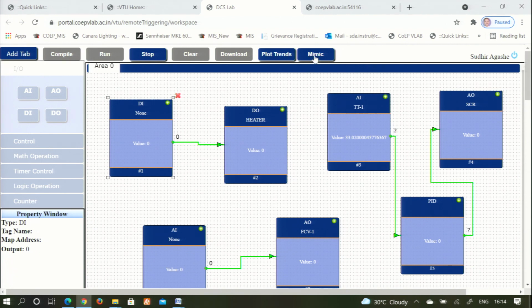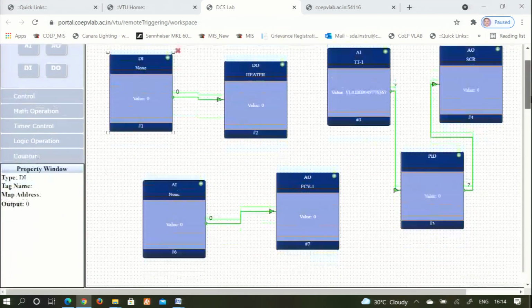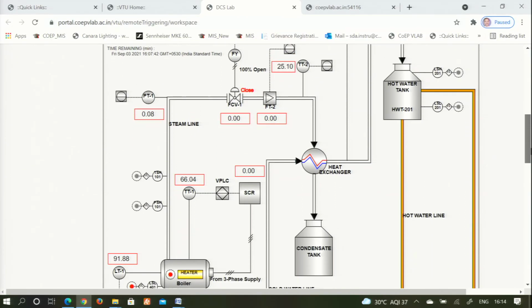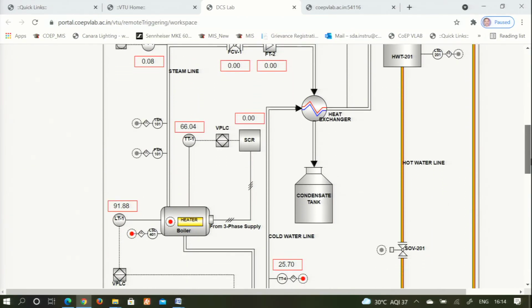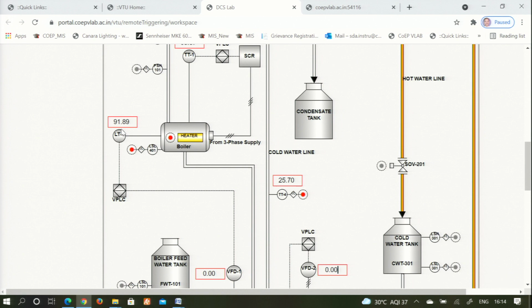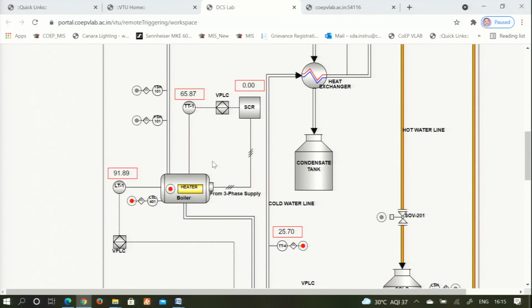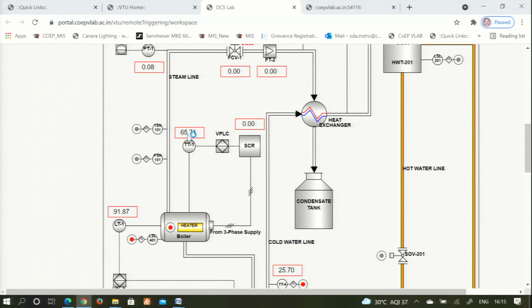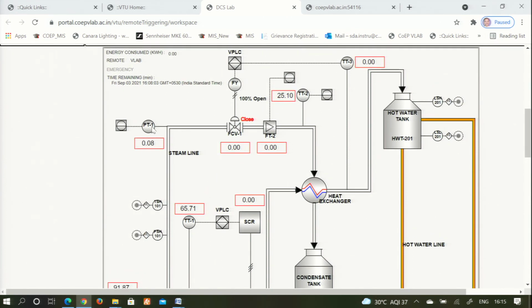And if you put it here a mimic, then you will find that this is a live mimic which I am showing you. Now, here you will find there is sufficient water in the drum, the heater is currently off, the temperature is 65 degrees Celsius. Now, these are the live readings, it is changing, these are all live readings, and then the pressure will go